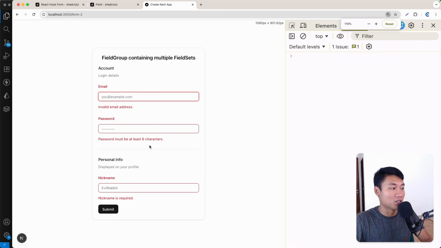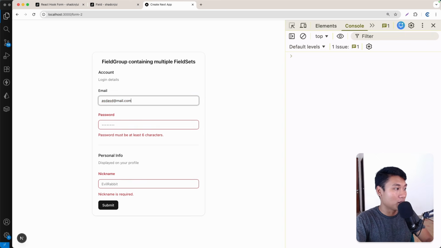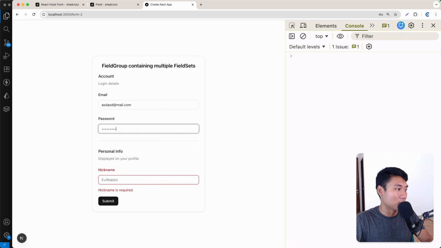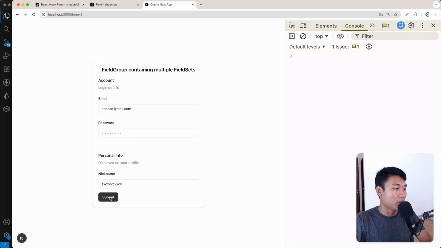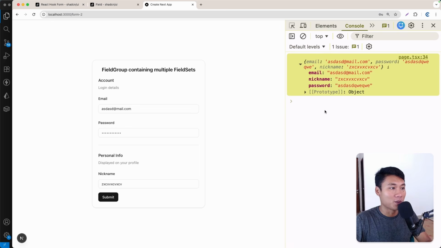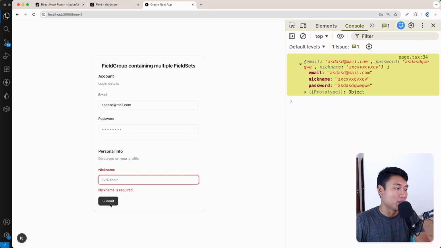That means the validation is working. Great job. So now, as you can see, email is invalid. I can add mail.com. Now it's valid. For the password, here we go. Nickname, here we go. If I submit, we have the value on the console, right? That's working pretty nice. If I remove that nickname, as you can see, nickname is required. So that means we cannot submit. And if I click submit right now without giving any nickname, as you can see, the nickname is invalid, right? That's pretty cool. So that's all you need to know about the form and validation and so on